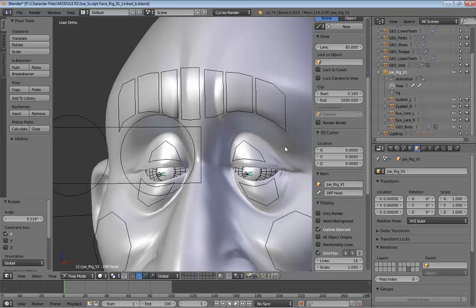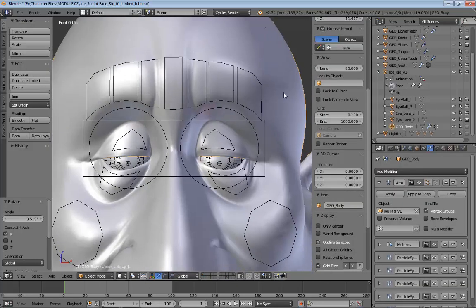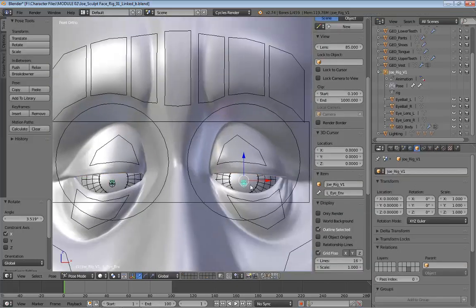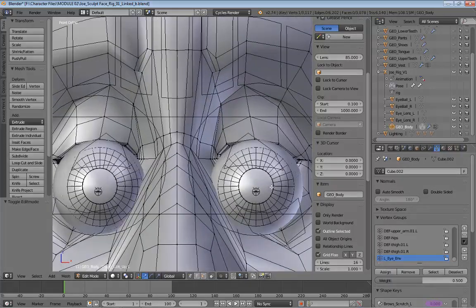So select our character first of all to do this. Select the envelope bones, which are there, and just copy the name, so Control C that. Then select your geometry, go into here, make a new vertex group, and paste that name in there. Then go into edit mode, and all that I do,